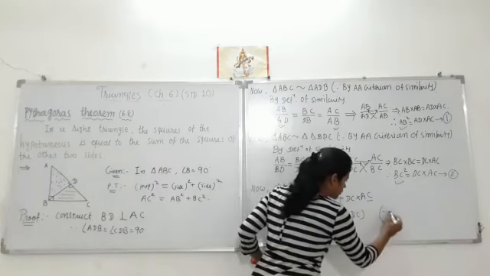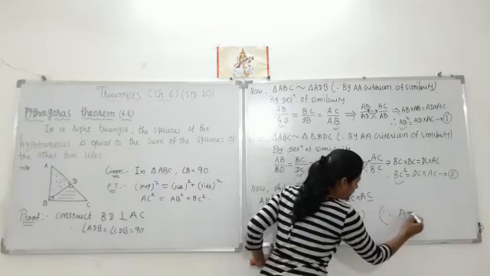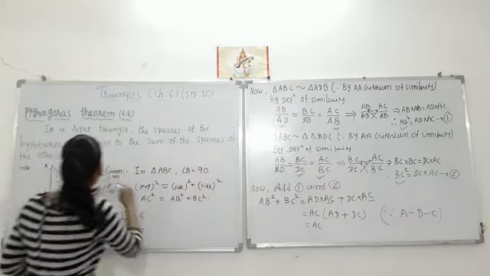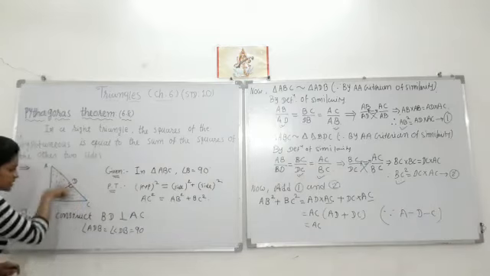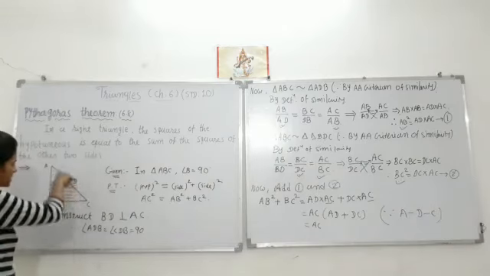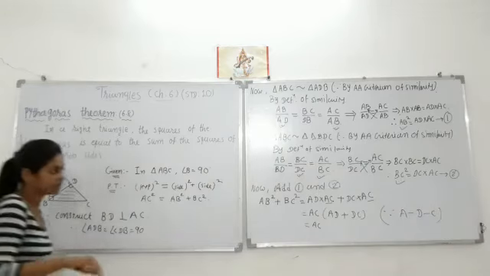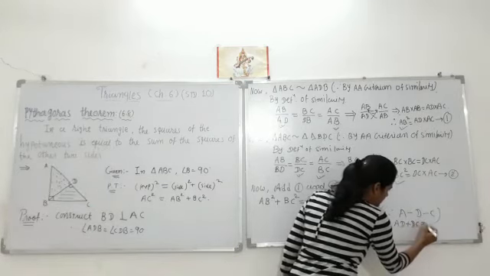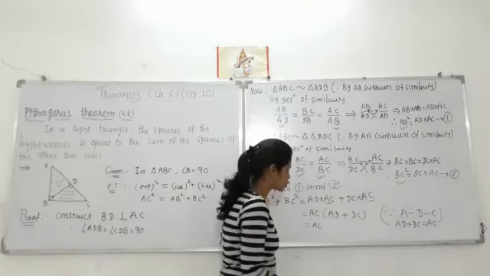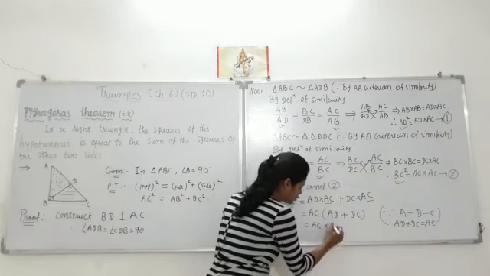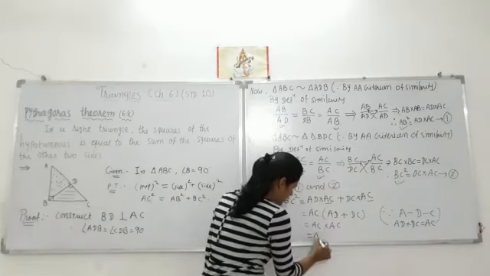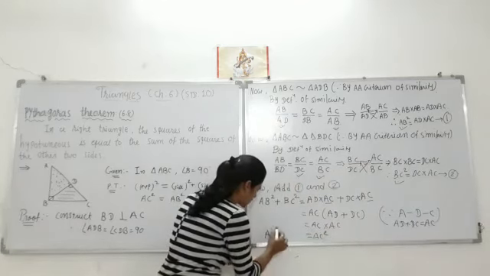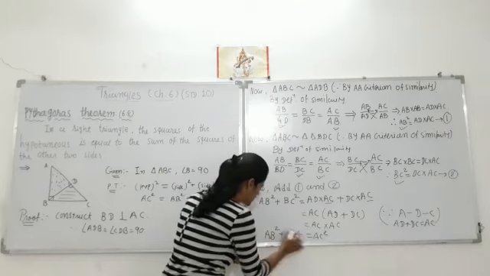Now see in your figure, A, D, C. What do you mean by this thing? These 3 points A, D, C are collinear. That means this is one line. That's why what happened? AD plus DC becomes AC. So instead of AD plus DC, you can write AC. So AC into AC becomes AC square. So our proof is completed this way.